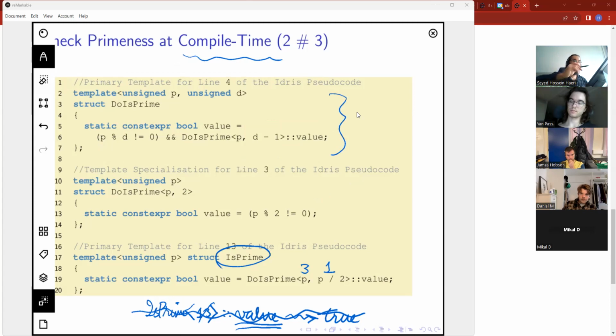And then 3 mod 1 is equal to 0, right? Therefore this becomes false, and it short circuits as you said, and it will return false, and that's it. It will just give us a false result. There is no compilation failure.